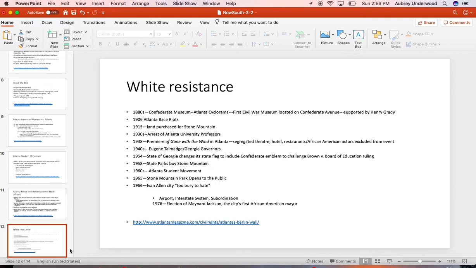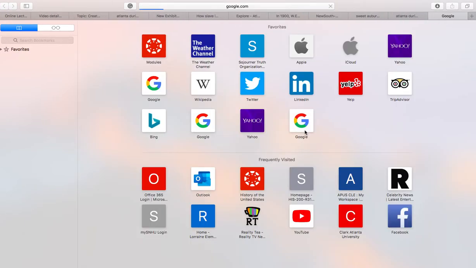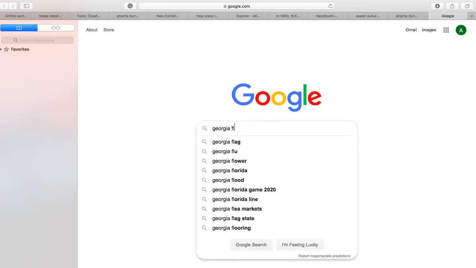In the 1940s, Georgia continues its reputation as a white supremacist state, electing numerous governors who refuse to obey federal orders of integration in the military hirings and will try to keep the state as white as possible in terms of power. In the 1950s, as we've talked about before, the state of Georgia changes its flag. And I know I don't have much credibility when I do this, but I do want to just show you again the history of the Georgia flags.